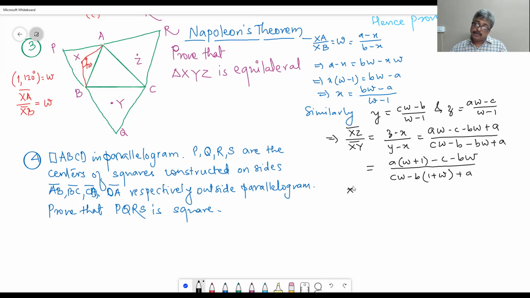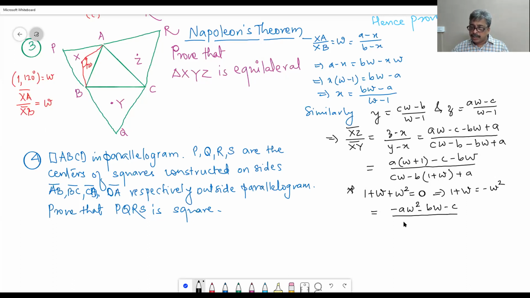Now here you have to use the identity 1 plus omega square is equal to 0, which implies 1 plus omega is equal to minus omega square. That is required here because we are using this property of omega, that it is the first complex cube root of unity, and therefore this identity is true. So you replace this by minus omega square, so we get the ratio as minus a omega square minus b omega minus c divided by